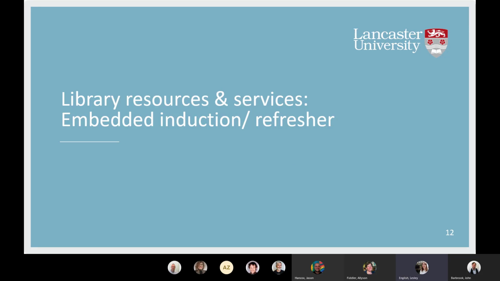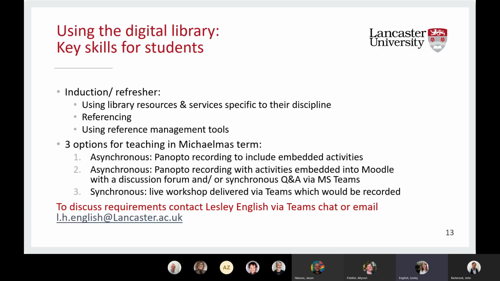I'm just going to briefly talk about what we can offer in terms of supporting students in navigating the digital library and the services that are available to them. And like I said right at the start, we did realise as soon as we went into lockdown that a lot of students who may be campus based were struggling to access our digital resources, unaware of how to. A lot of students thought they had to access us through the VPN. So there was quite a lot of user education going on in that first few months.